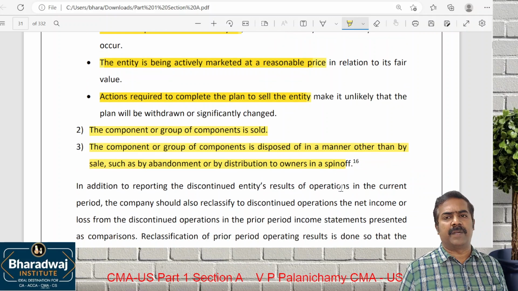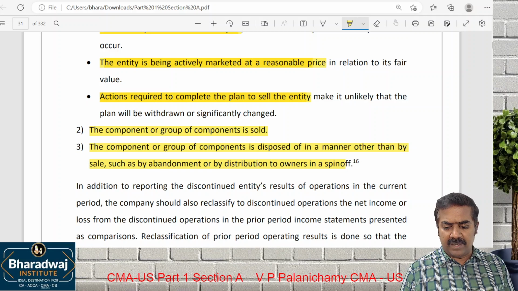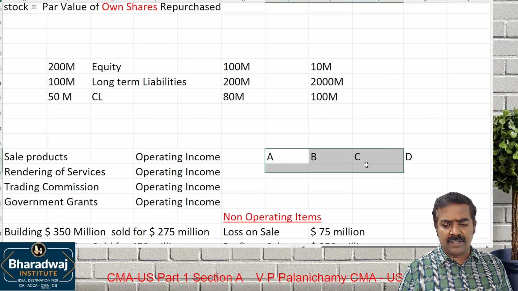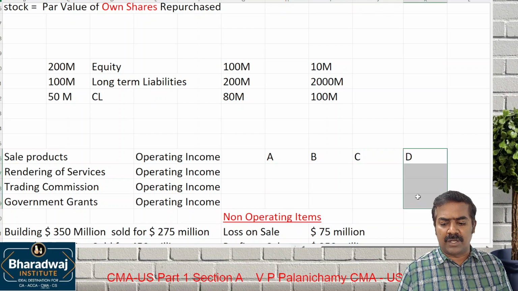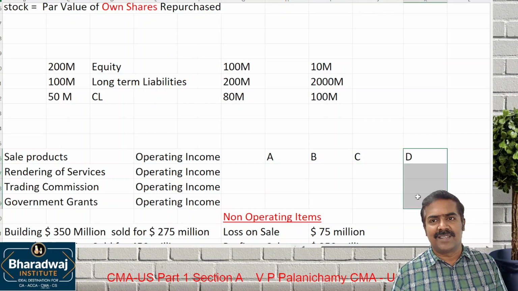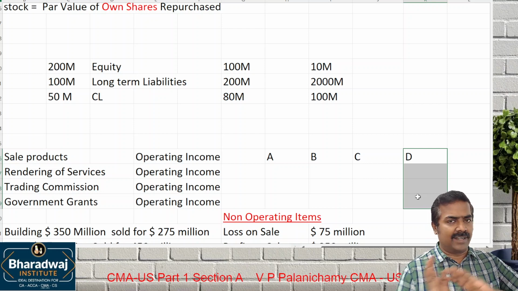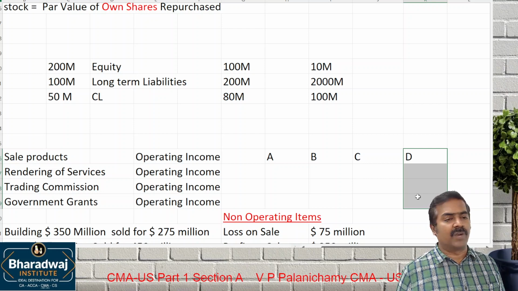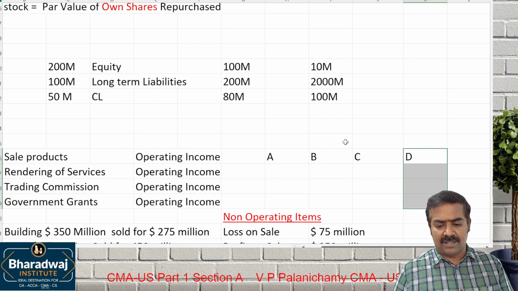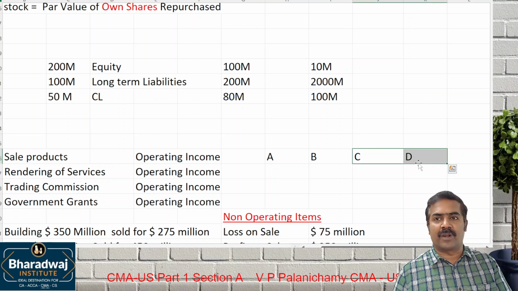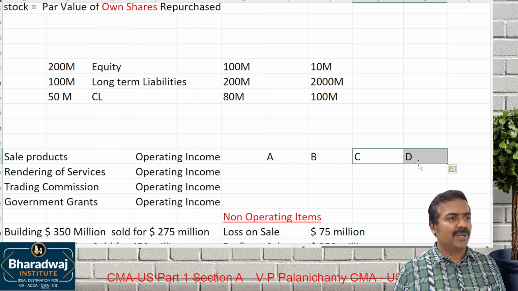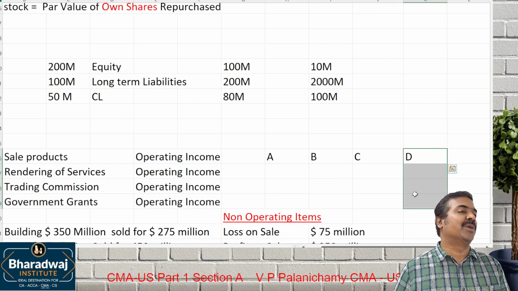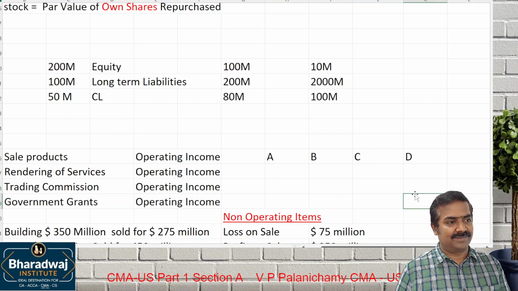For example, pay attention. How many products am I running? In this example, A, B, C. A is doing well, B is doing well, C is doing well, but D is not doing well. So what am I going to do? I am going to sell it. How am I going to sell it? I can directly sell it in the external market, or what I will do is, you are running product C and D. For you, product D is doing well. For me, product D is not doing well. So what will we do?